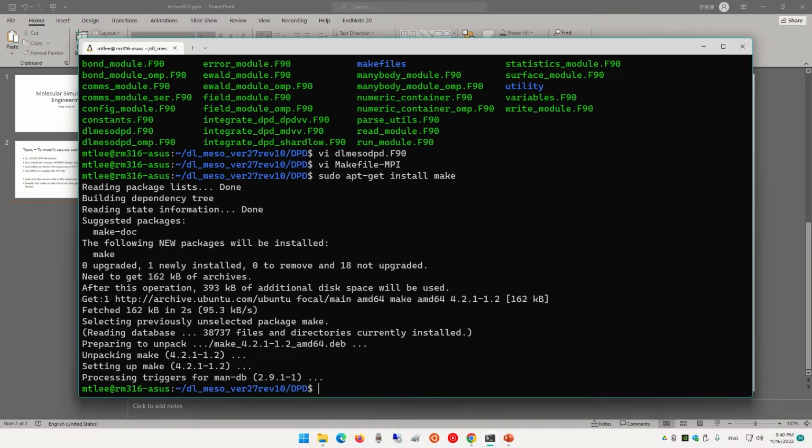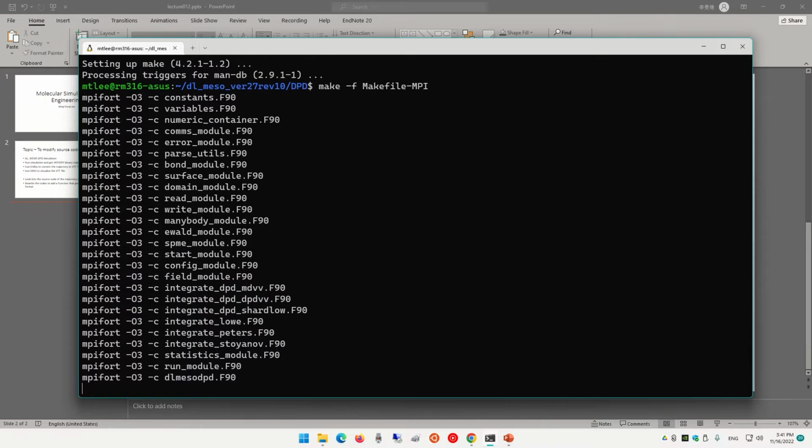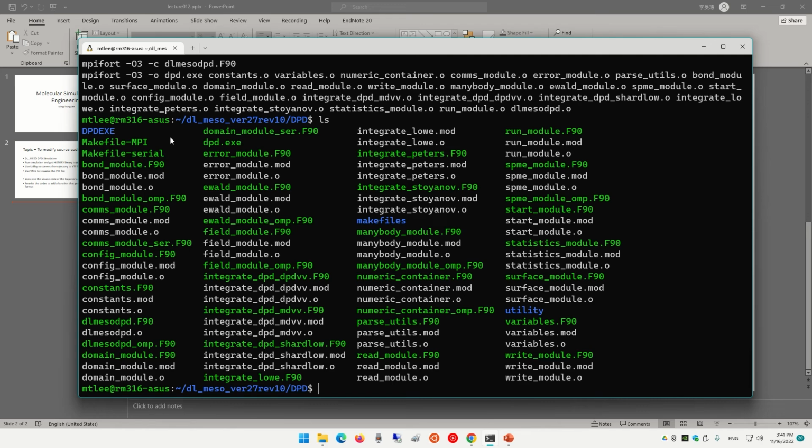All right, then let's type the command make -f makefile.MPI. All right, so I should have this dpd.exe generated somewhere here. Here is the executable. We used that before, right?